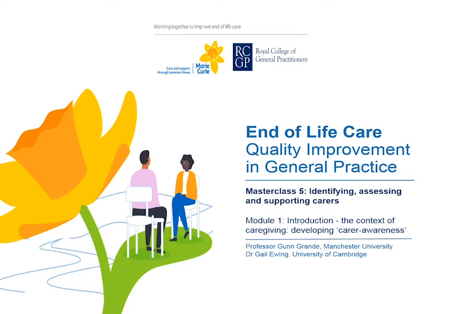Welcome to Masterclass 5, which is about identifying, assessing and supporting family carers in palliative and end-of-life care. The Masterclass has been funded by NHS England and NHS Improvement to support the Quality and Outcomes Framework for Quality Improvement in End-of-Life Care. The Masterclass also supports the Royal College of General Practitioners and Marie Curie Daffodil Standard 3